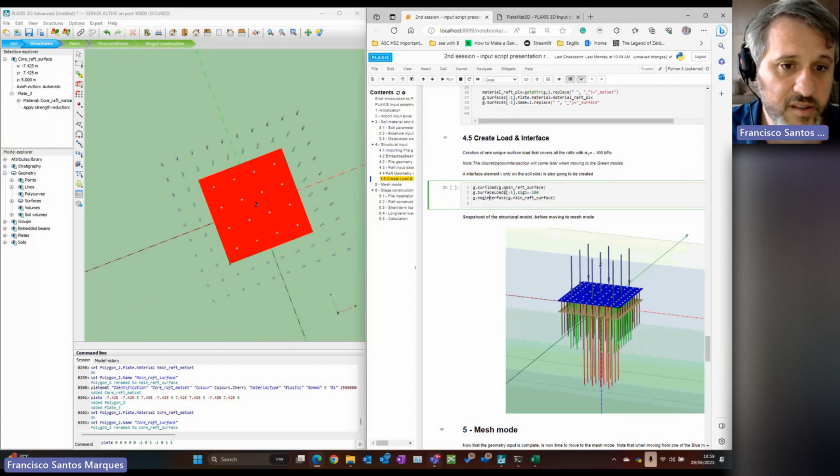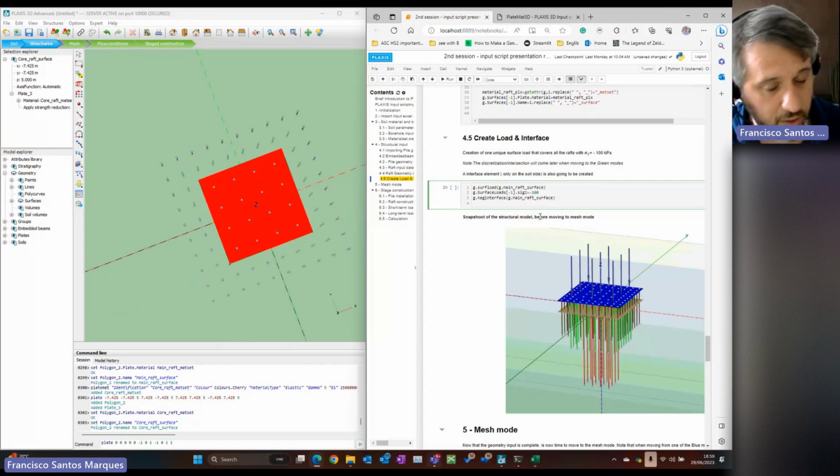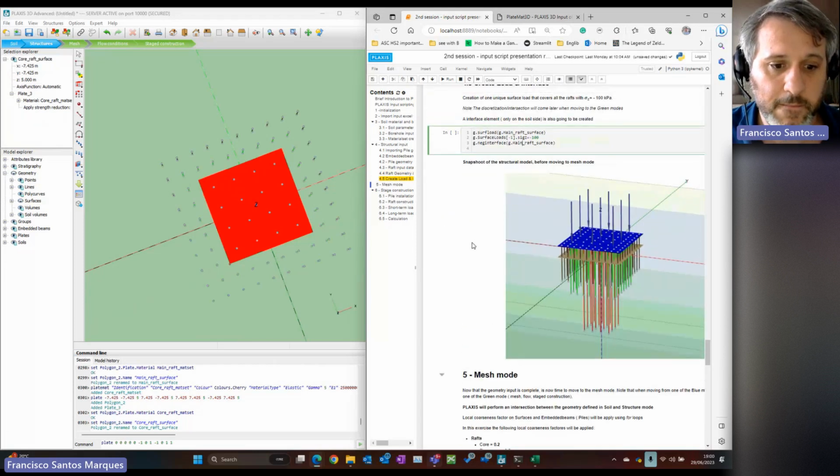And then once I create the surface, I want to assign a value, okay, of 100 kilopascal. And then to create the interface, it's just neg interface, and then say I want to assign the negative interface on the main raft. We don't need to worry about the core because, like I said, when intersecting the model,